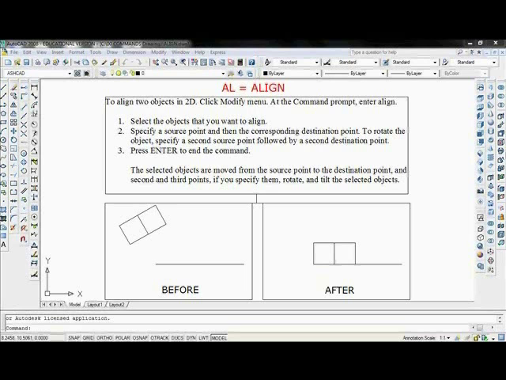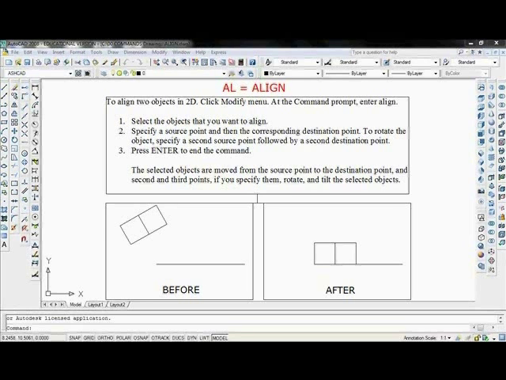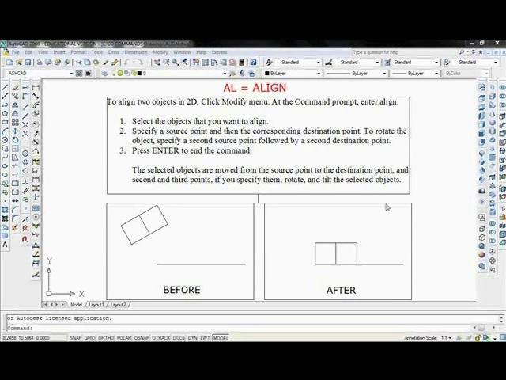This video will show how to align two objects in 2D. The first thing to do is to make the command line active, type AL, enter, and select the objects. I'll select them with a window, enter. I'll have to pick the first point, but I need OSNAP to be on, so I'll connect these 2